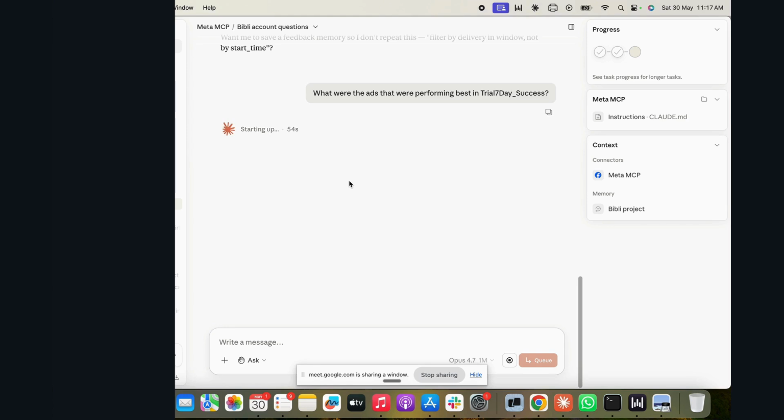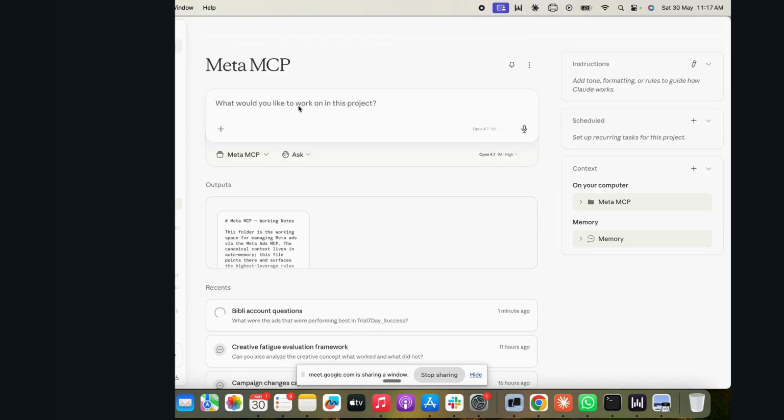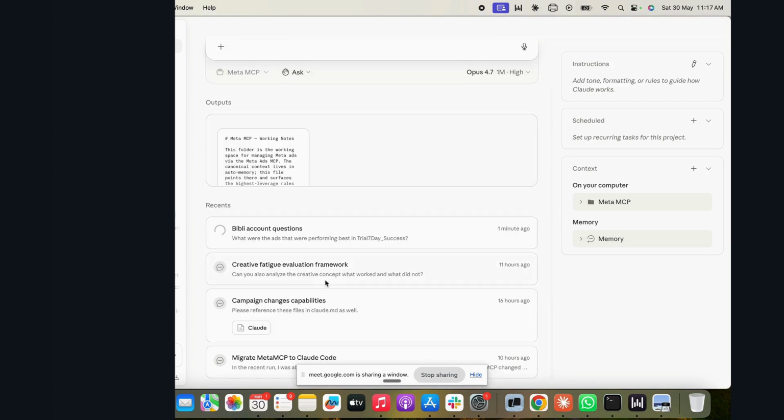A good thing is that all of this you can ask it to save in memory, right? So the first time it makes a mistake and you go over it, you can ask, okay, let's not repeat this in future, please save it in memory, and then it will save it in memory and not do that in future. Okay, so this is taking some time, so I will let this run, and meanwhile I will show you some of the other prompts that I had already created.